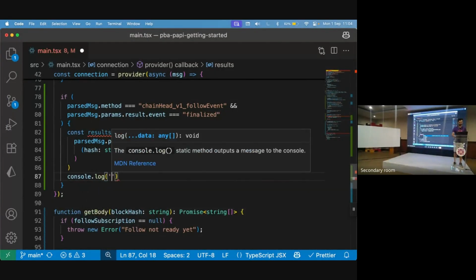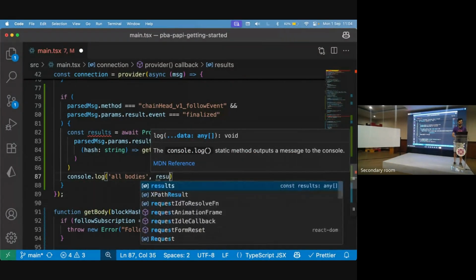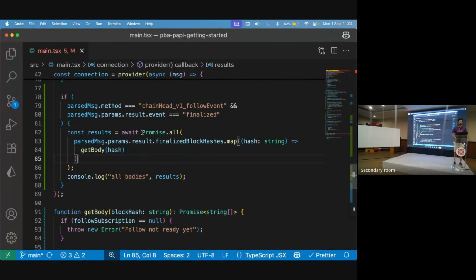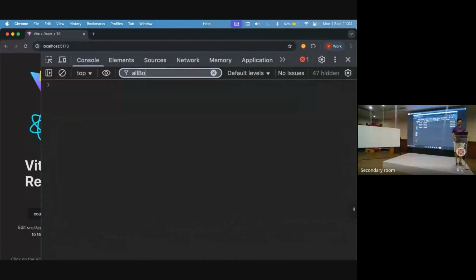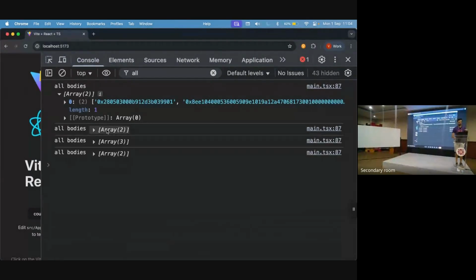So all bodies is its results. I hope you're also familiar with this promise all, right? This is getting each one of the hashes and mapping this array to a new array that does get body hash. So this returns a promise. The result of this is an array of promises. And now you do promise all so that you get just one single promise with the array of all of those results. So now if I filter all bodies, so you can see here,